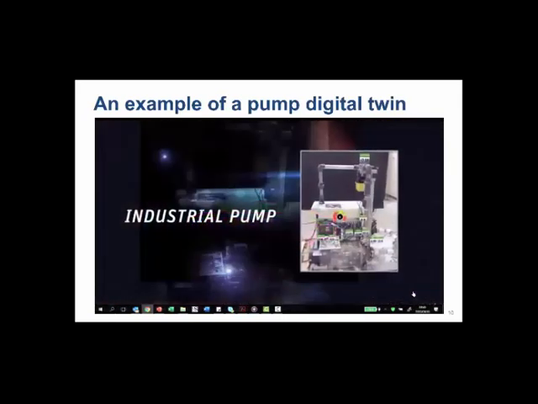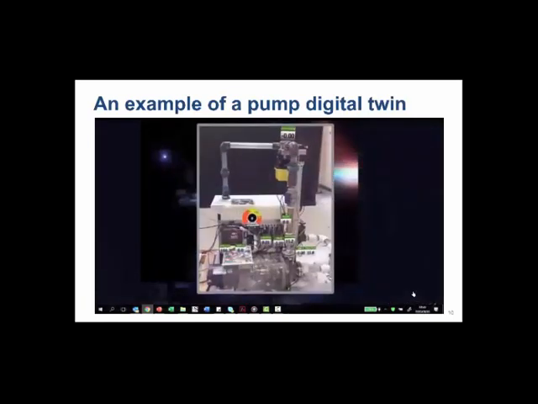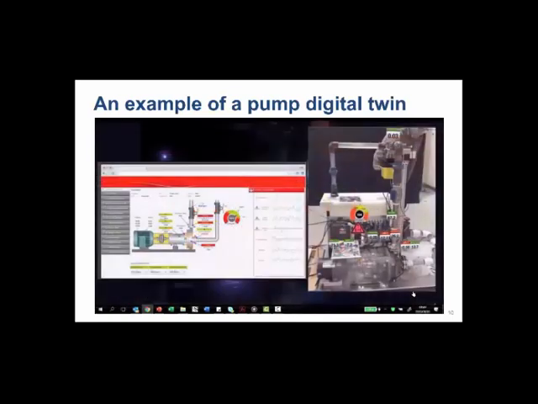Here's a simple example. This industrial pump has multiple sensors providing real-time information. In this example, the sensor's data is fed into the IoT platform, where engineers can monitor the normal operations of the pump. Here, an anomaly is introduced, as a valve is closed, prompting an alert and the need to troubleshoot